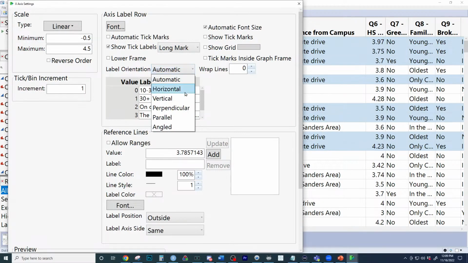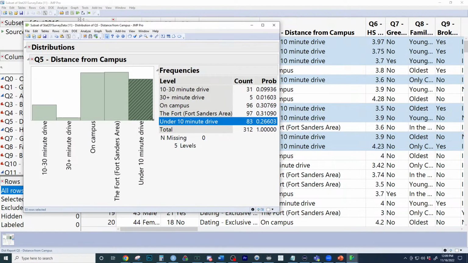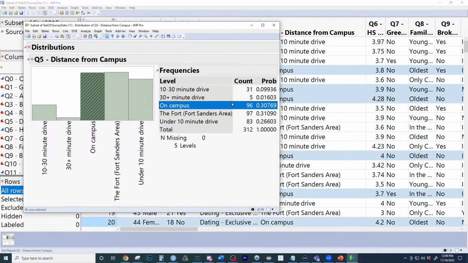I don't like that label. We want vertical. There we go. Easier to read now. Let's make sure your data looks good. Now we are going to go here and talk about the students on campus, and we want to make confidence